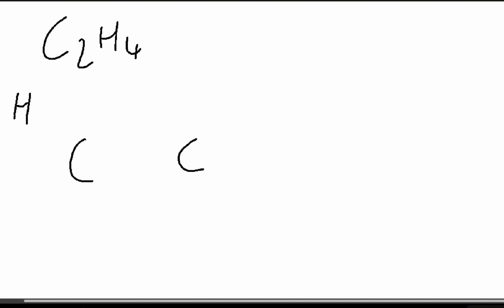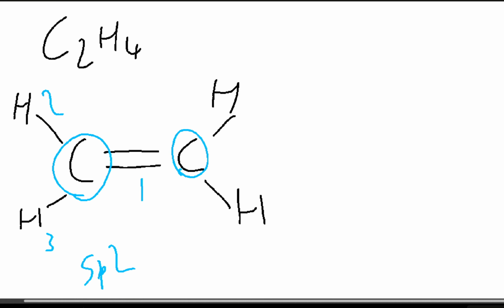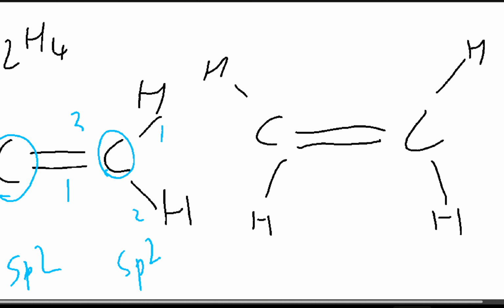This compound has 2 carbon atoms and 4 hydrogen atoms, so we can draw it like this. Now let's try to find each of these carbons' hybridizations. We just do that by counting the steric number. So for this carbon, that's bonded to 1, 2, 3 things, so that's sp2 hybridized. How about the other carbon? Same thing, 1, 2, 3. So that's sp2 hybridized. I'm going to redraw this molecule so that we can look at its atomic orbitals and